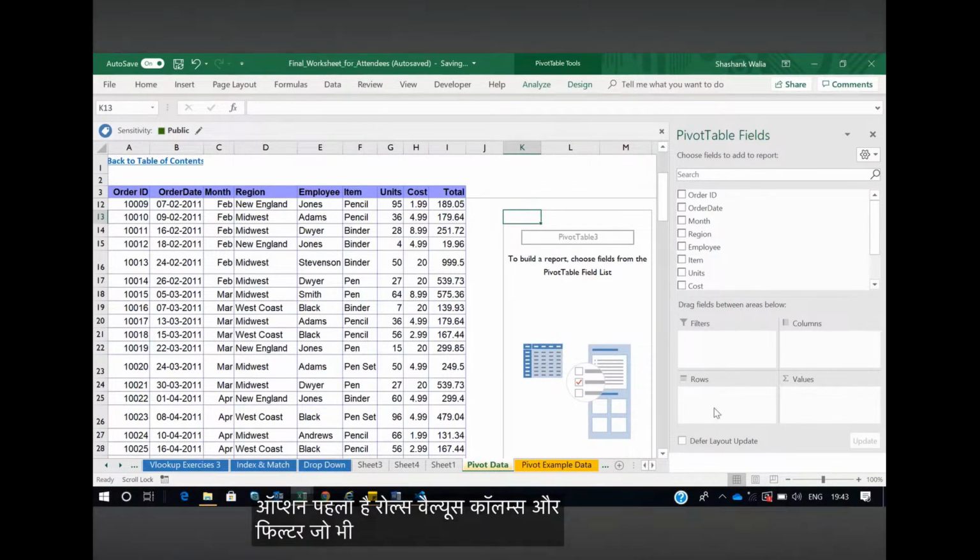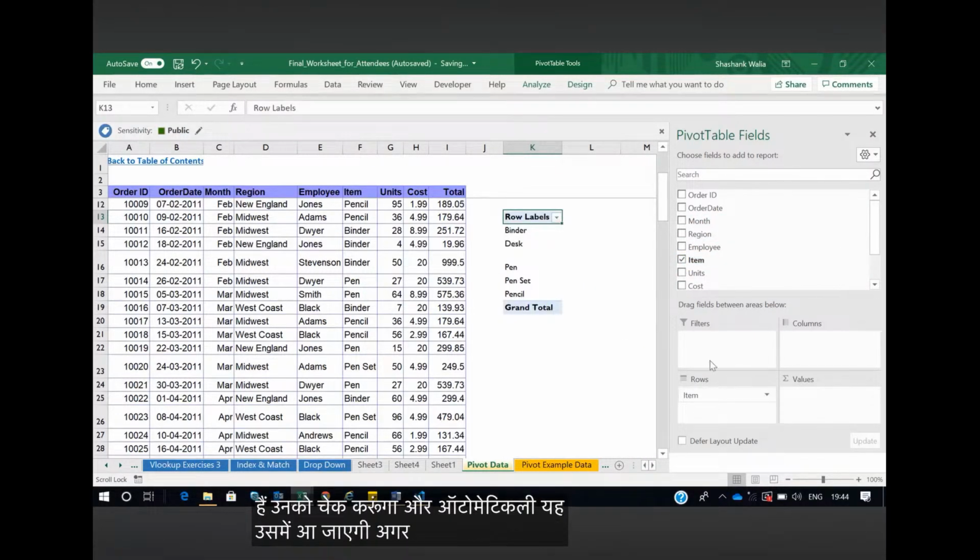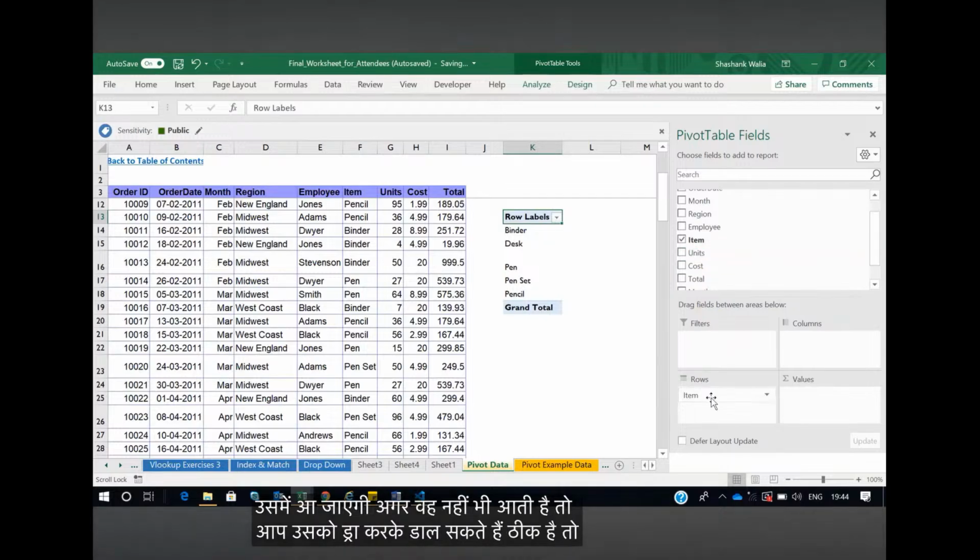कॉलम्स और फिल्टर। जो भी आप अपना डेटा देखना चाहते हैं, राइट, डाल सकते हैं रोज में। फॉर एग्जांपल मैं आइटम वाइज अपना डेटा कैटेगराइज करना चाहता हूँ, राइट। तो उसके लिए मैं क्या करूँगा, मैं सबसे पहले जितनी भी आइटम्स हैं उनको चेक करूँगा और वो ऑटोमेटिकली रोज में आ जाएंगी। अगर वो नहीं भी आती तो आप उसको ड्रैग करके यहाँ डाल सकते हैं, ठीक है।